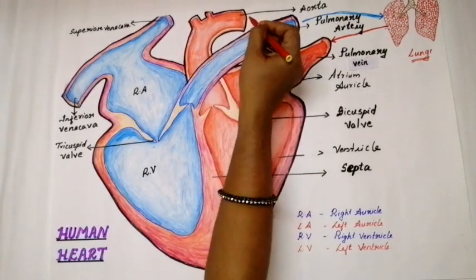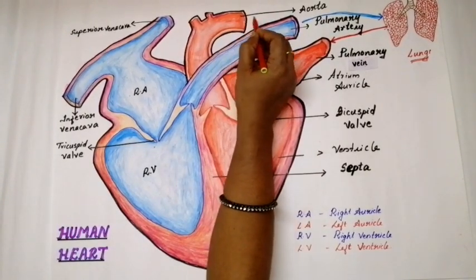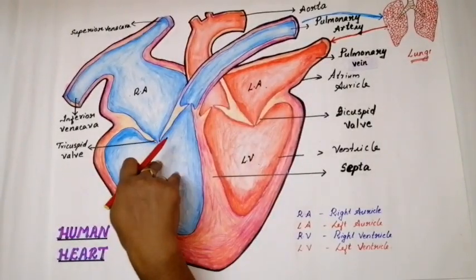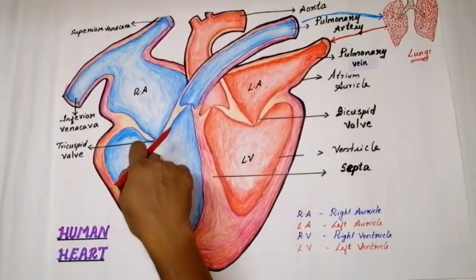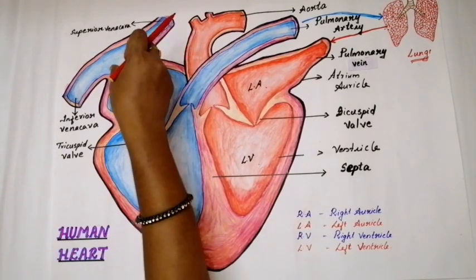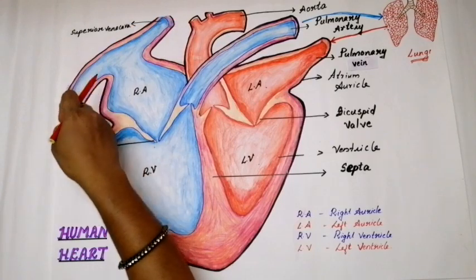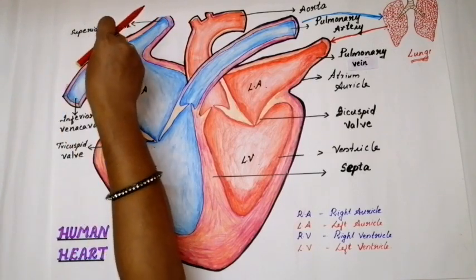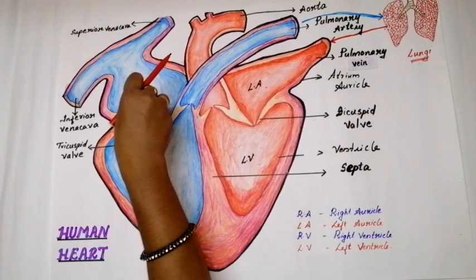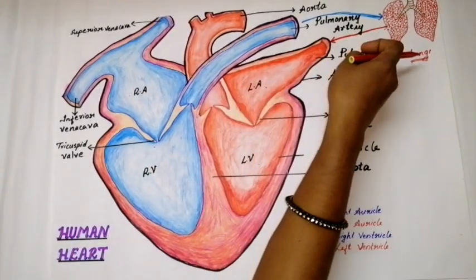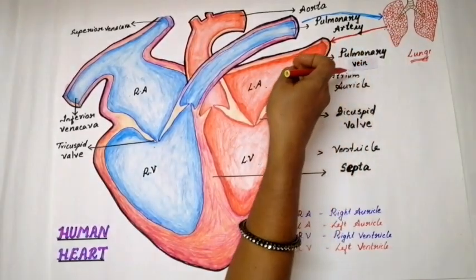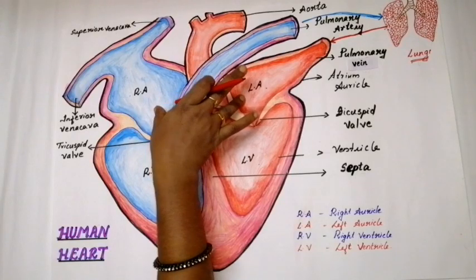After the pumping of this pure blood through the aorta, all the 4 chambers are now relaxed. Then next, the superior vena cava and the inferior vena cava collect blood, and this is carried to the right auricle, and at the same time, through the pulmonary vein, the pure blood is carried to the left ventricle. This happens at the same time,